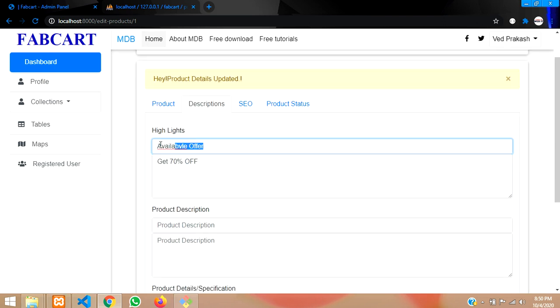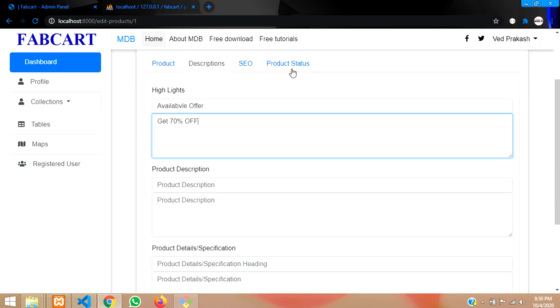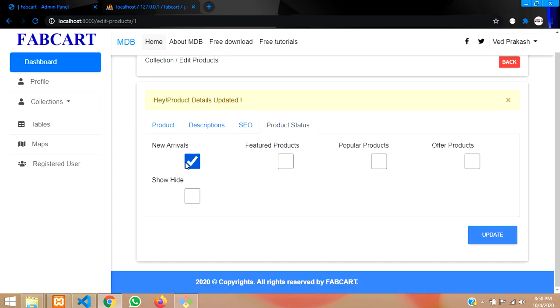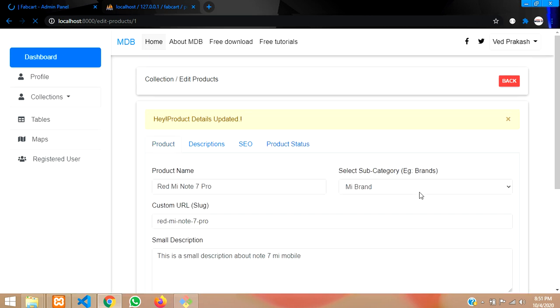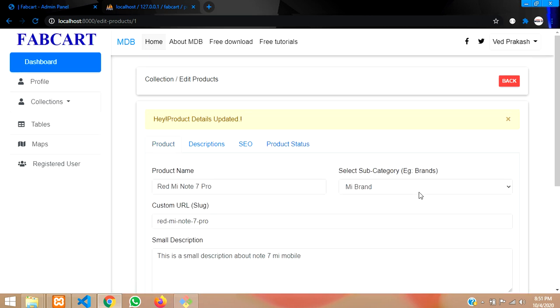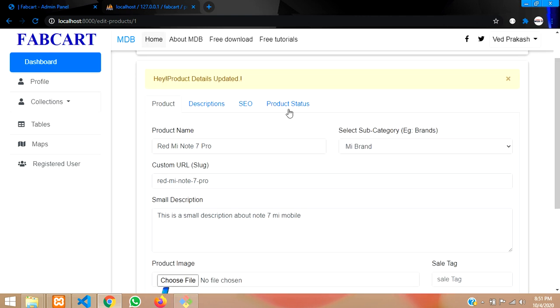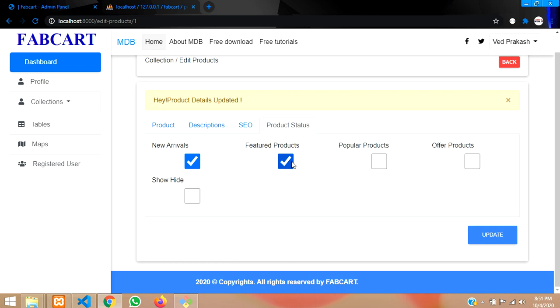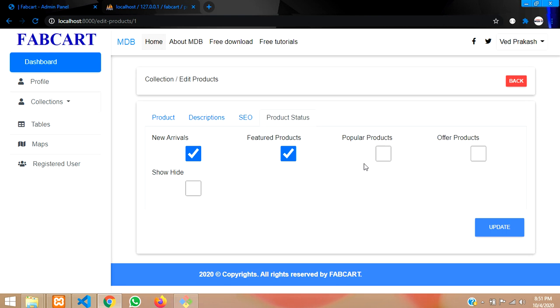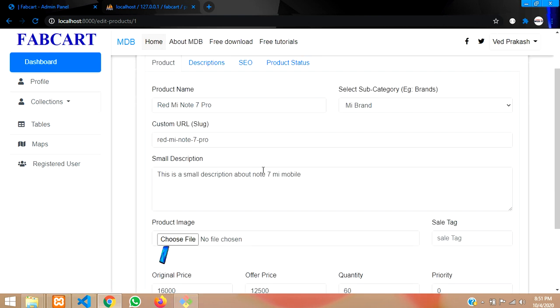Yo guys, so finally we are updating the data also, and let's update with this function also. Like I just want to update with this featured also. Let me update. I have checked this, and let's click on update whether it's going or not. So it's updated now. Yes guys, so let us check on product status. You can see that featured products also is checked. Cool. So guys, finally we have completed this with the products updating also.